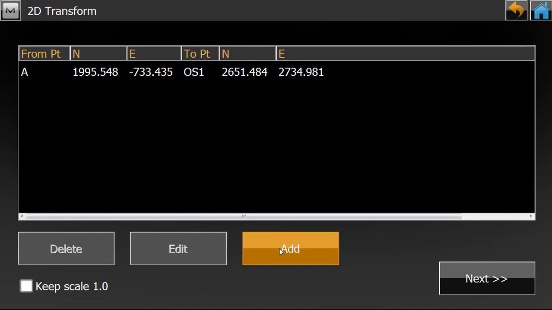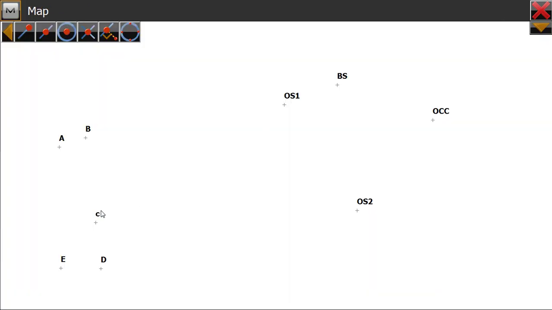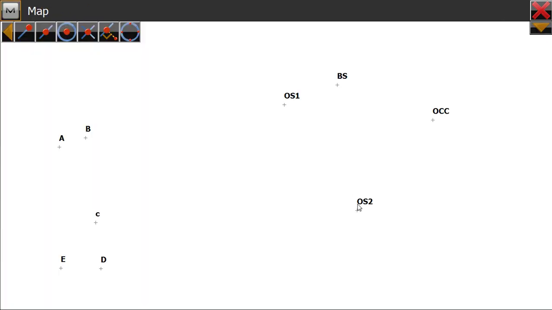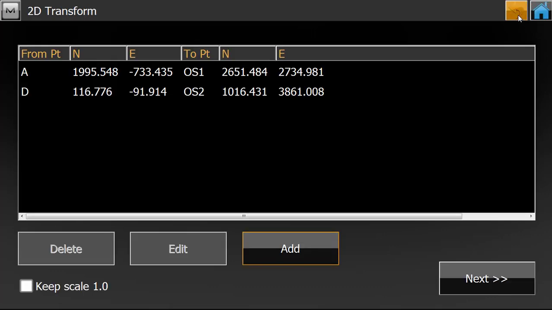Now again click on the add option, and now in this case it is in from point. Now the point here is the D point, and the to point is my second OS stone, and after that click on this option. So here after that click on next,